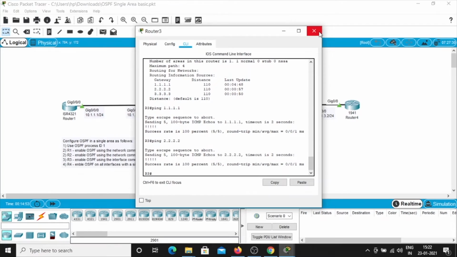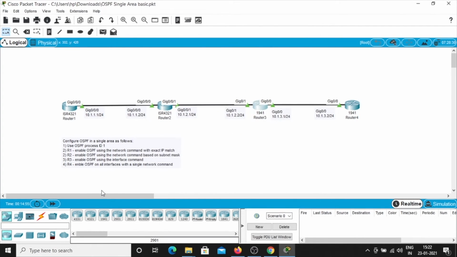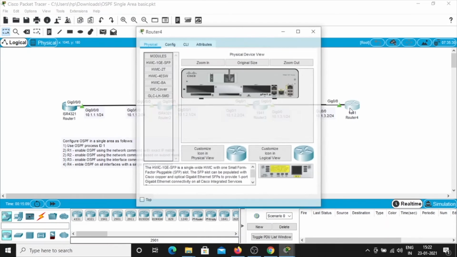So now we are going to do the last configuration. What does it say? In router 4 we have to enable OSPF on all interfaces with a single network command. So this is the easiest one.